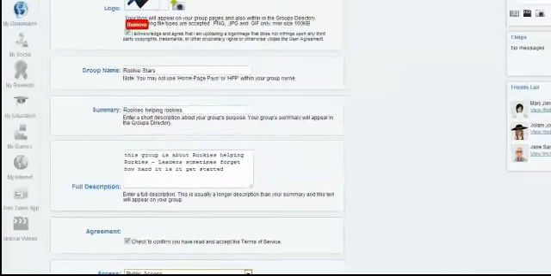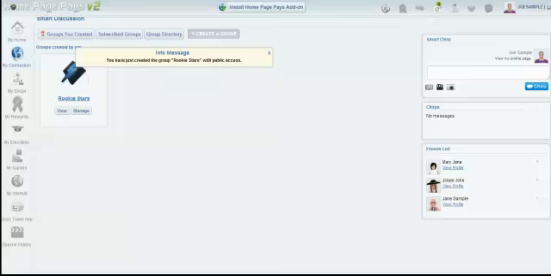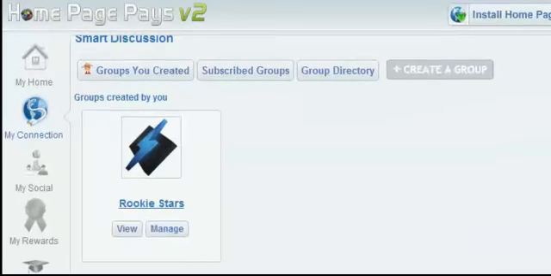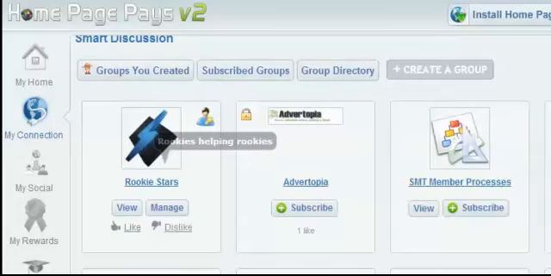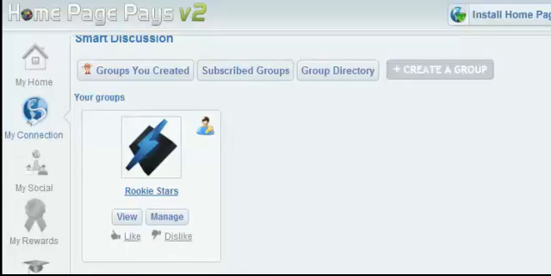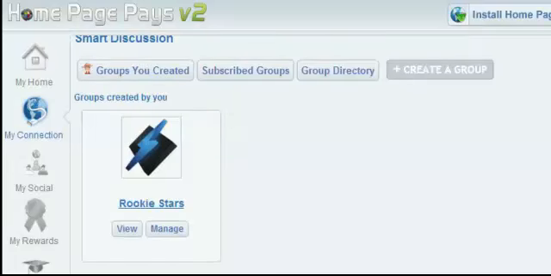So he clicks down here below on create group, and you can see a message comes up that says you have just created the group Rookie Stars. Now notice where we are here. If you look up here, here's the group directory. These are all groups. Here are the groups he's subscribed to. He's automatically subscribed to his own group, the one he created,